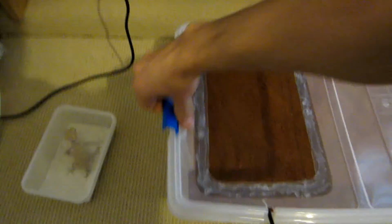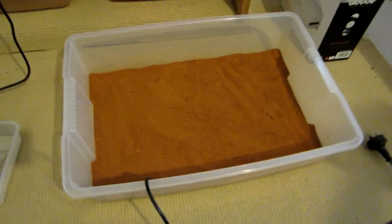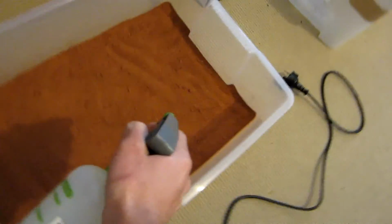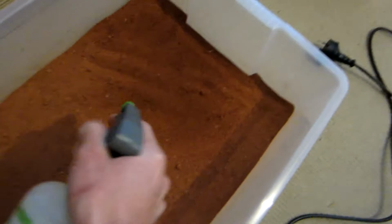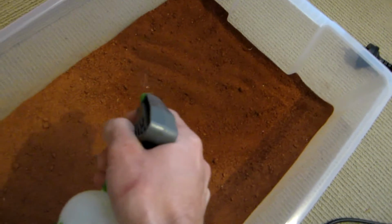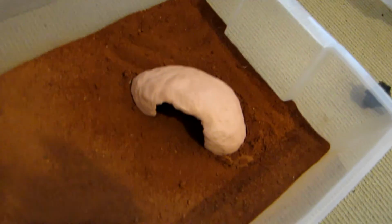I'll just get my click clack out that I made up. Just grab my spray bottle. Because when they get transported, they usually get a little bit dehydrated and stressed out. So I've moistened that area. I'll chuck a big hiding hole in,